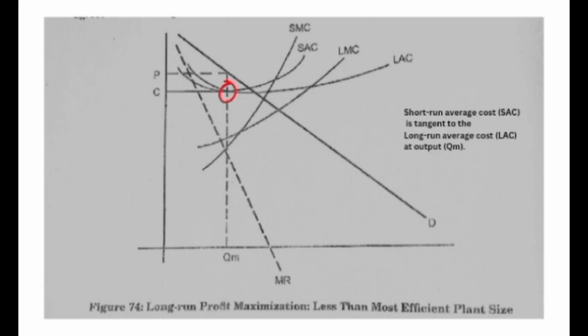This means the short-run average cost curve should be tangent to the long-run average cost at output QM. So any change in the size of plant will decrease the profit. Situations like this happen when the market is not large enough to expand the plant sufficiently to take advantage of all economies of size. Lastly, the size of plant will be considered the most efficient size of plant if the